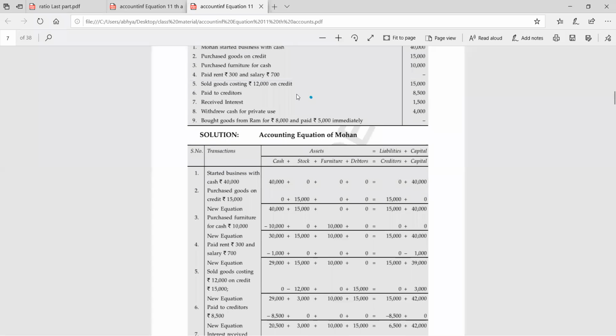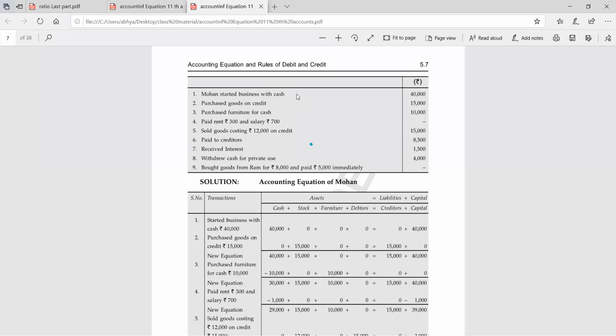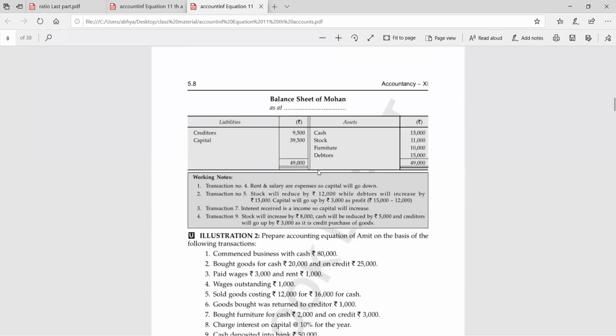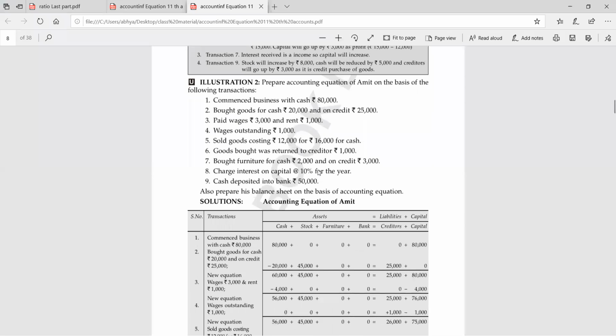First of all we have to read the question. I am repeating all the steps. First we read the question, then decide which assets and which liabilities will be there, and write them at the top of the format. Then we start doing the question, and with every transaction at least 2 accounts will be affected. More than 2 may be affected, like yesterday we did some transactions in which more than 2 accounts were affected. So today I'm going with another question, and today also we will learn how to make the balance sheet after doing the questions.